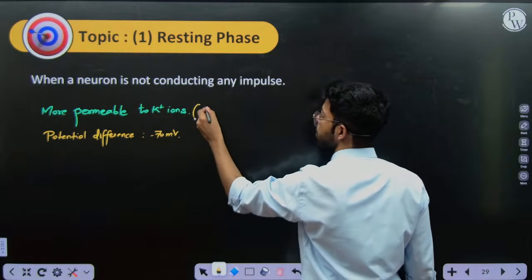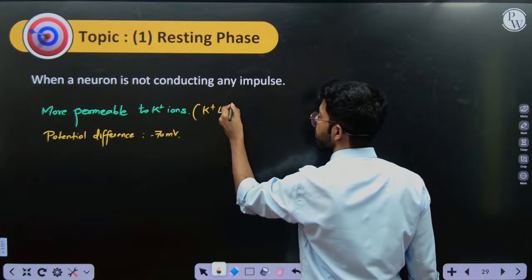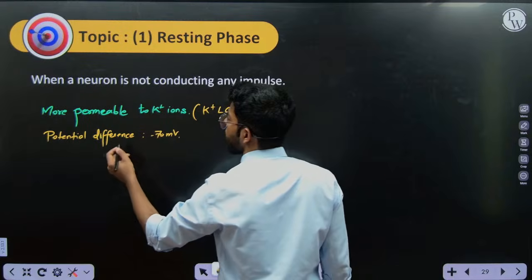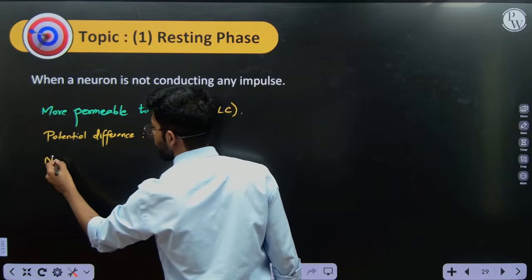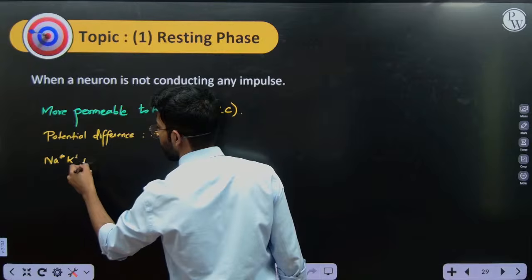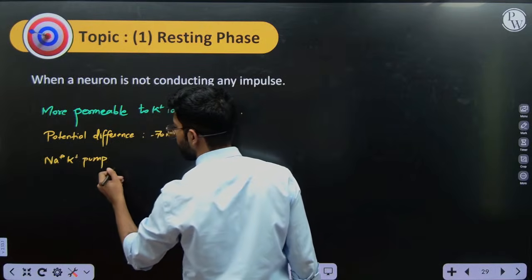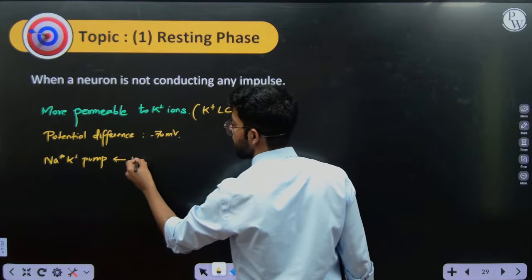And who is responsible? Potassium ion leaky channels are responsible, and also the sodium potassium ATPase pump maintains